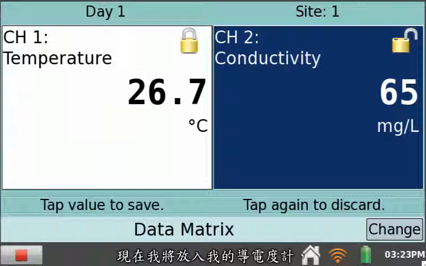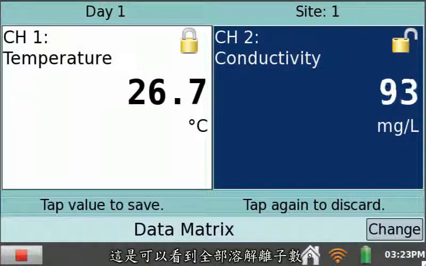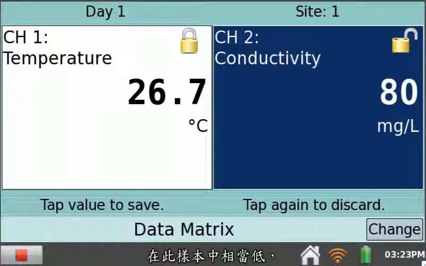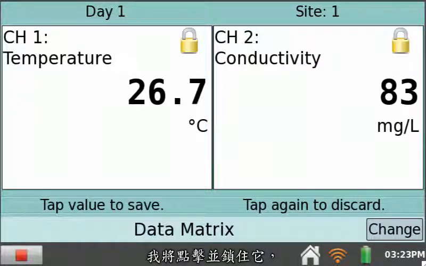Now I'll put in the conductivity probe. So this is looking at total dissolved solids. Pretty low in this sample. Once that's pretty stable, I'll tap that and it's locked. All right, so now we're ready to change to a different site. I tap the change button